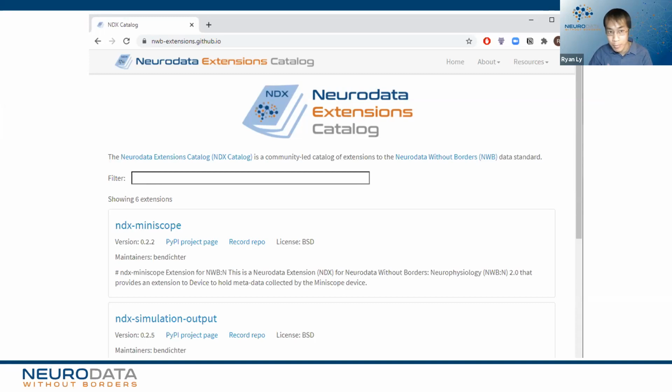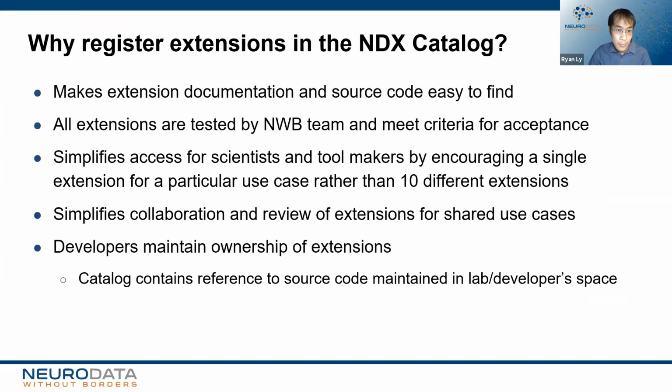Now, why would you want to publish your extension to the NDX catalog? We really encourage this in order to build the community and make NWB better and more supportive of all different data types. First, registering your extension makes the extension and its documentation and its source code easy to find.